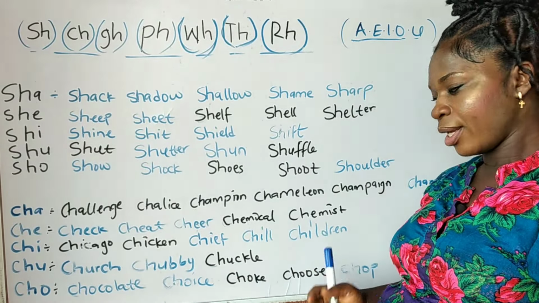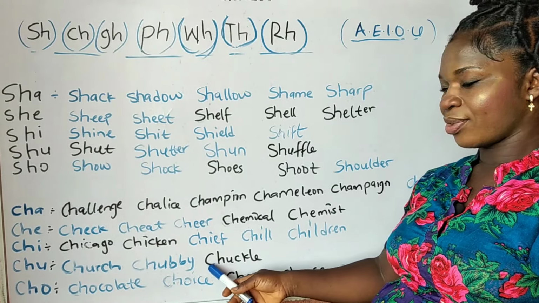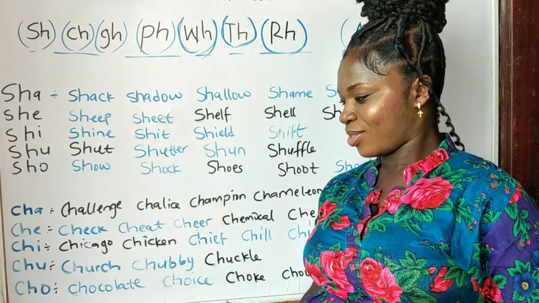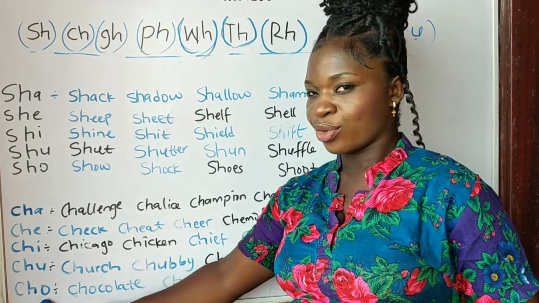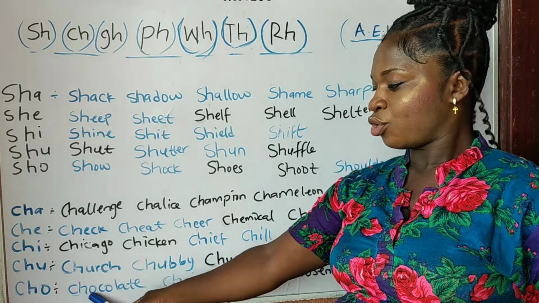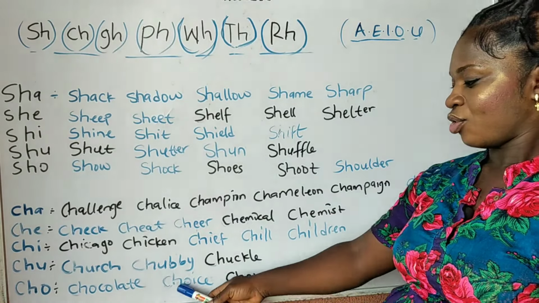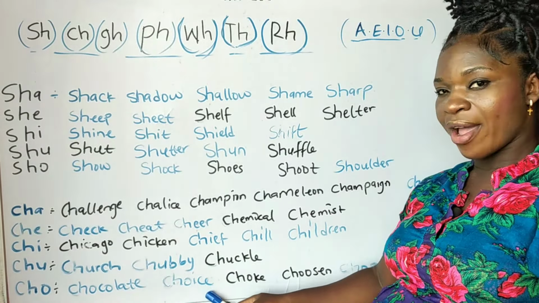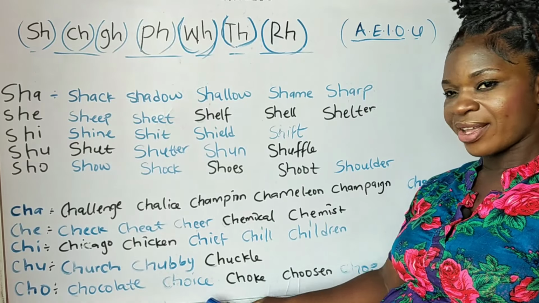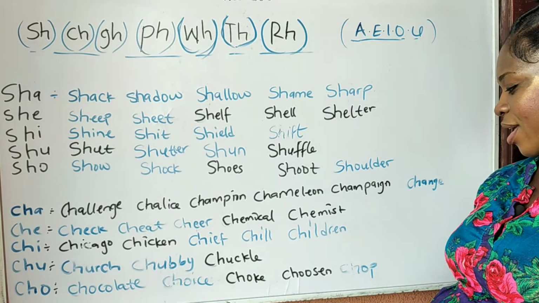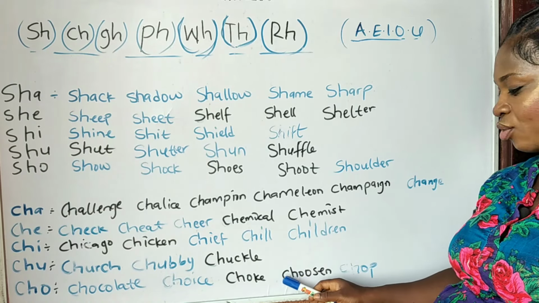We have chubby. Okay. We have choco. All right. Now to the next one. Have the chocolate, choice, choke, chosen,